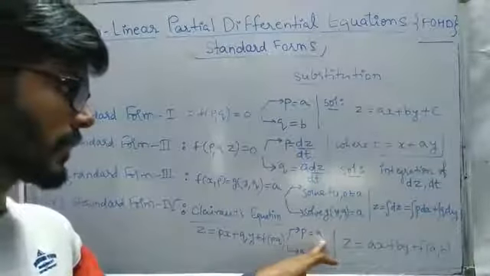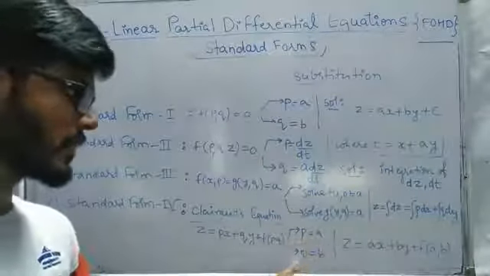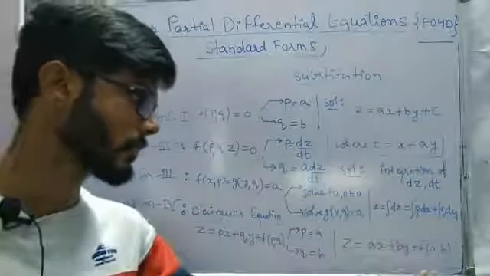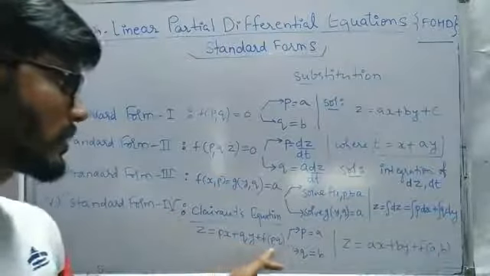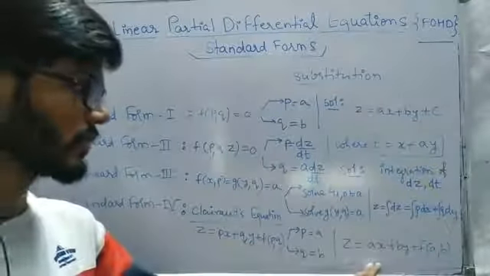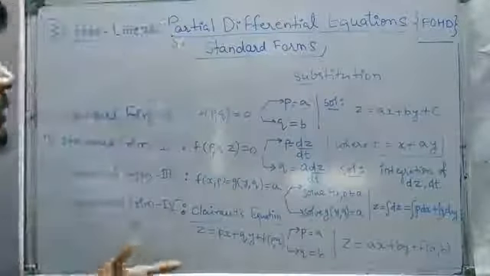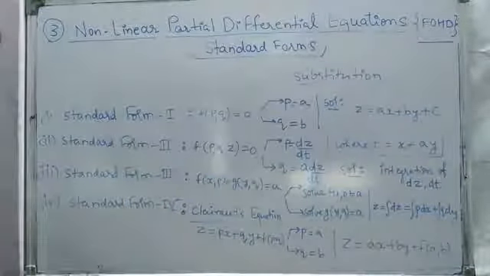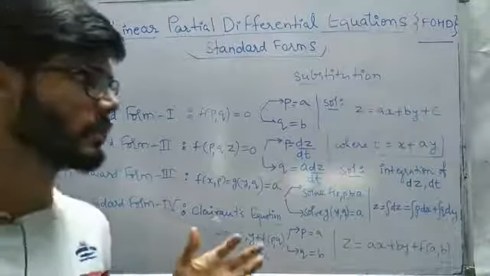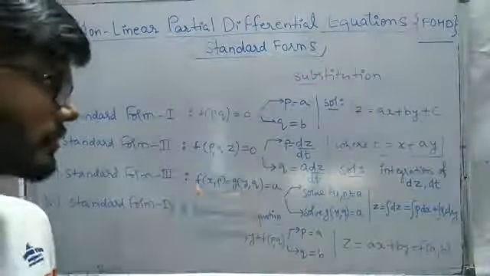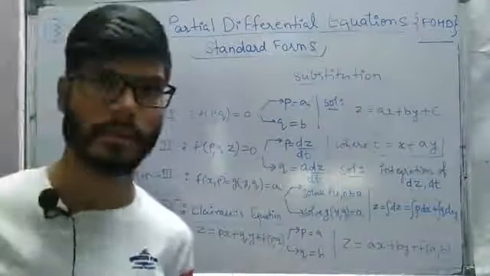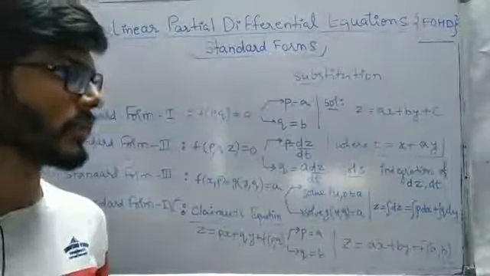We'll have to substitute p directly as a, q directly as b, and our solution will be, instead of px plus qy plus function of p comma q, converted as ax plus by plus function of a comma b. So that's how we have to deal with all four cases, and the only thing to keep in our mind is the substitution, because the problem solving is not going to be much calculative here.